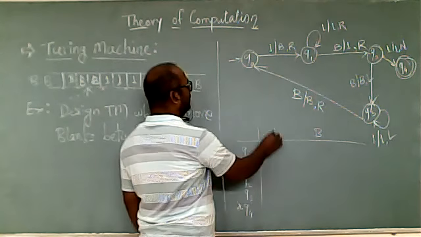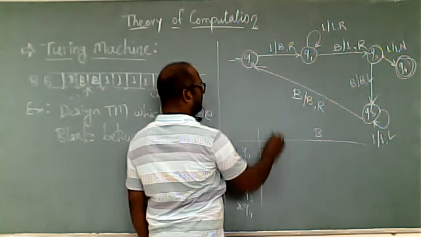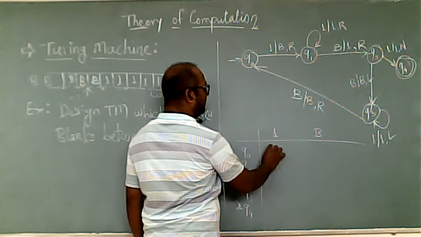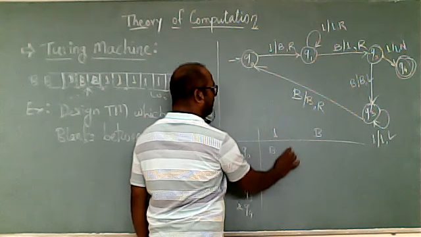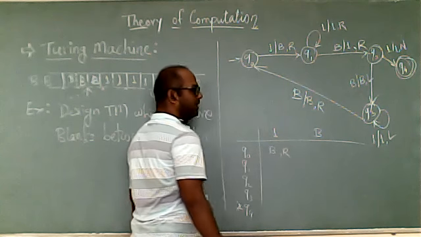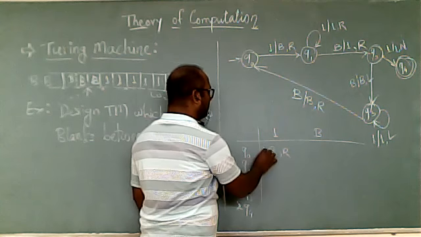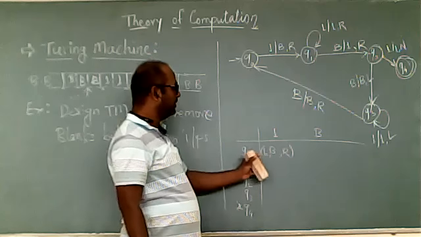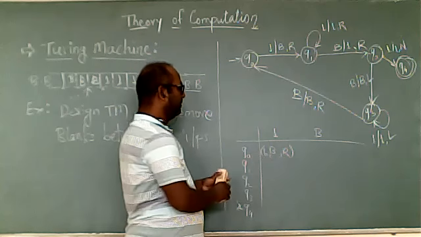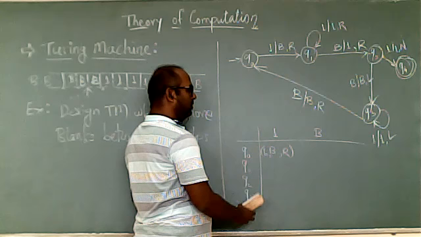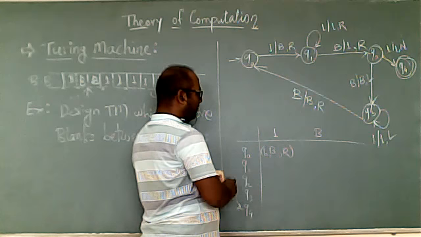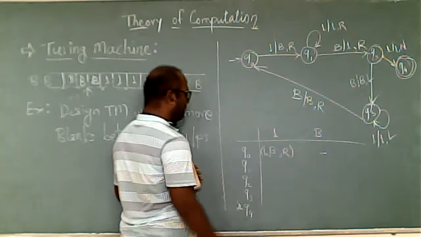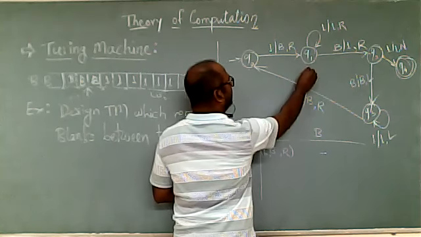Now Q0, if we are getting 1, what are we doing? We are getting 1, we are replacing it with blank and moving right. So here we can also write like this, Q0 state, blank and right. Okay. Now Q0, if we are getting blank, we don't have any operation here. Q1, if we are getting 1,